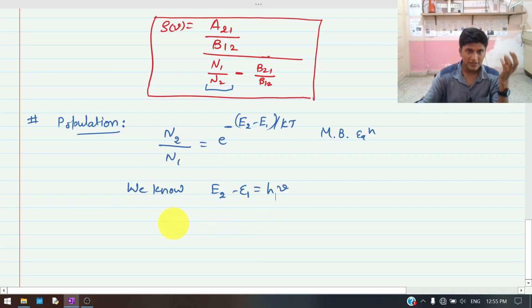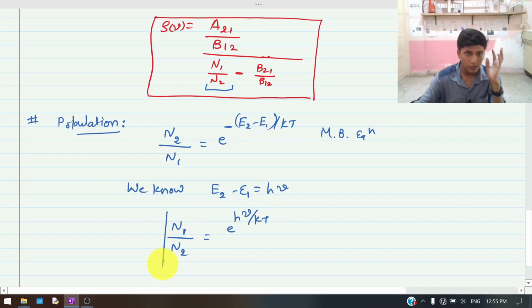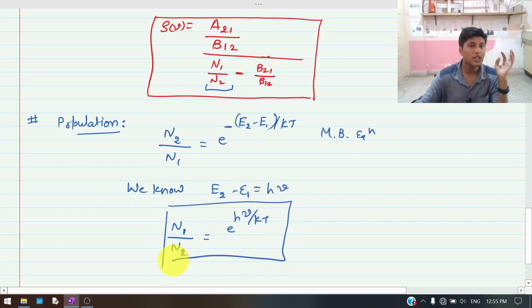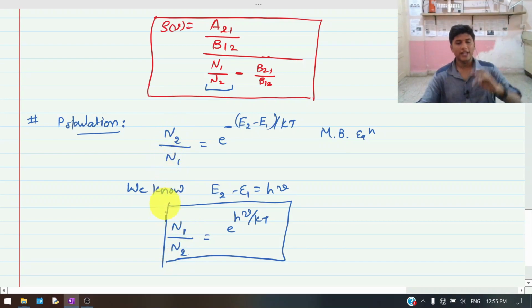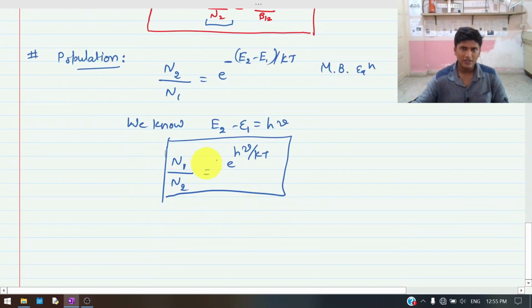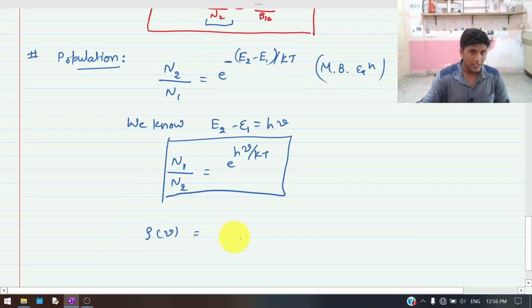Therefore, we can replace this, and I'm inverting it. Remember, I'm inverting it. N1 by N2 is equal to e raised to plus h nu over kT. Why did it become plus? You have to be very careful here. It became plus because I inverted N1 and N2 from N2 by N1, so this minus sign went up. Yes. So now if we put it in this equation of rho of nu, that equation looks like